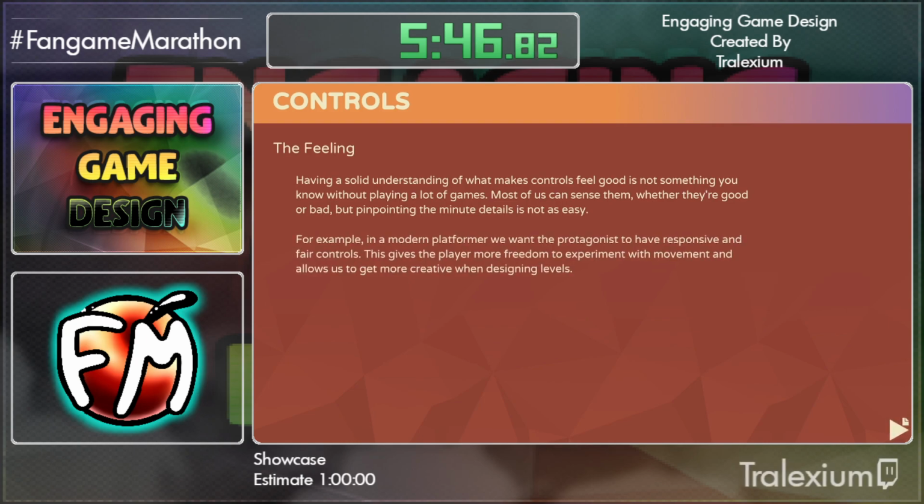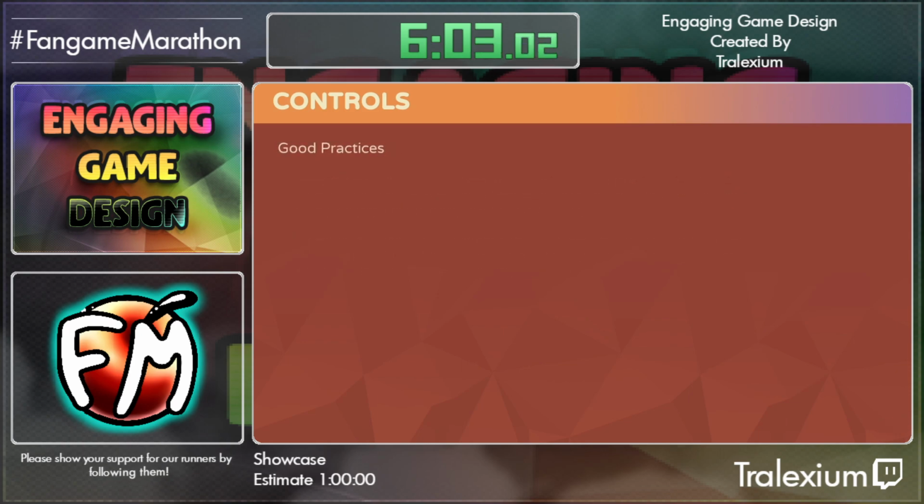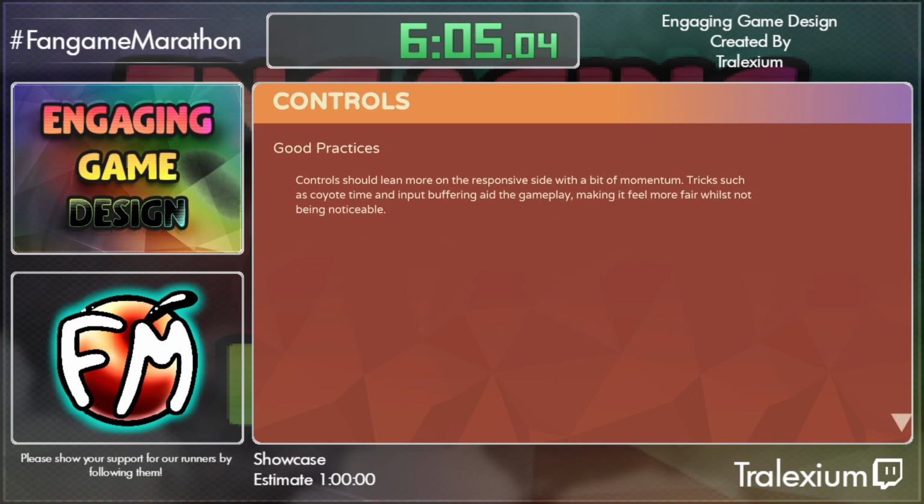So, for example, in modern platformers, protagonists have to be responsive and have fair controls. This gives the player more freedom to experiment with the movement, as well as allow for more creative level design. Some of the good practices are